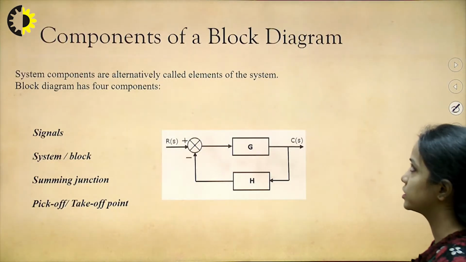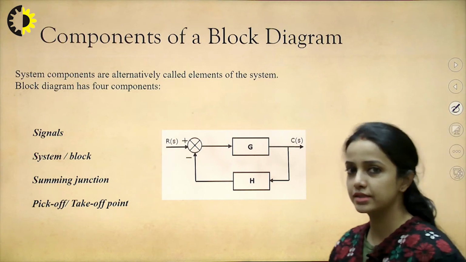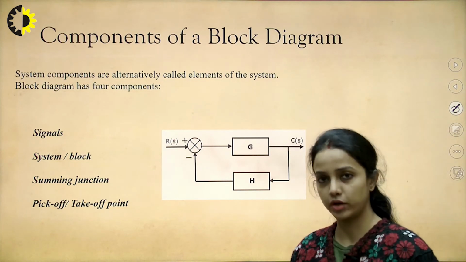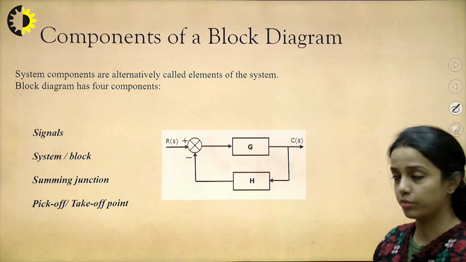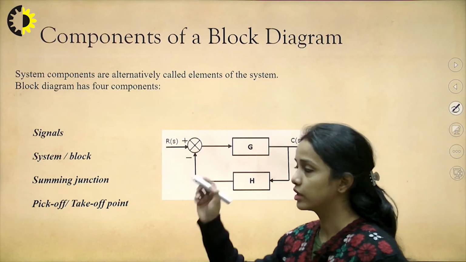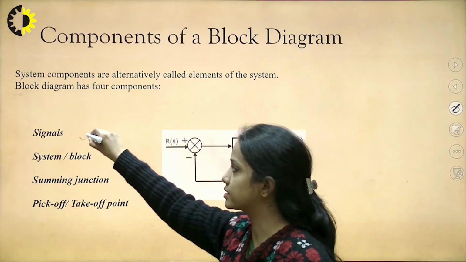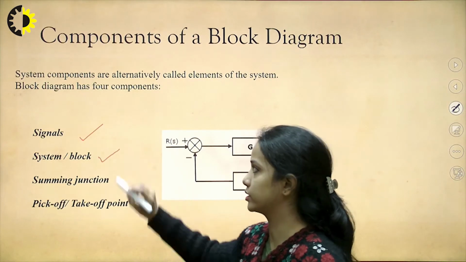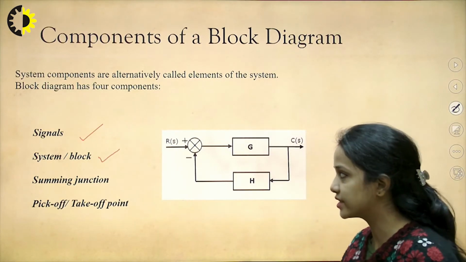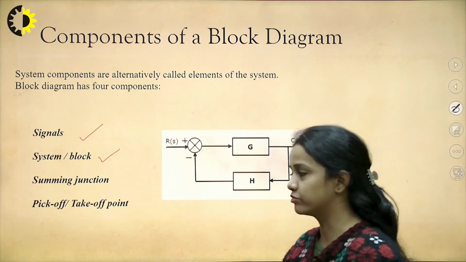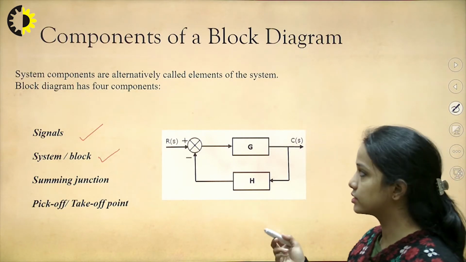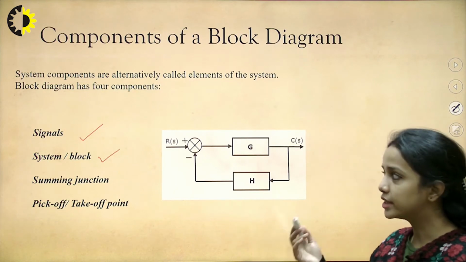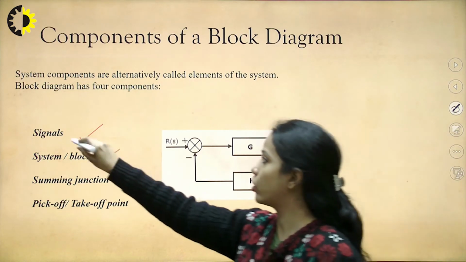These are the components of a block diagram. Previously we had the simplest possible block diagram, which had just 2 components: signal and block, that is it. We did not have any summing point, any take off point, or any pick off point. All these things come together to lead to a different but more complex block diagram.